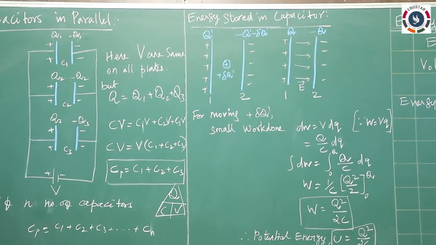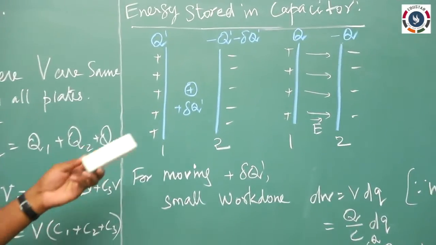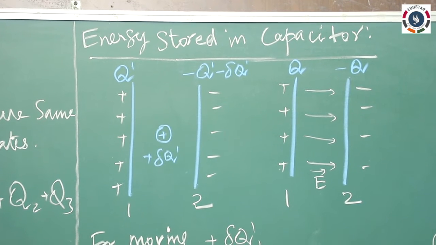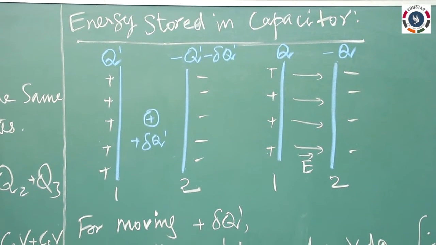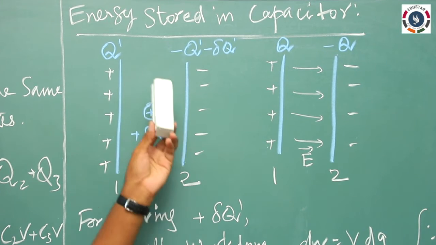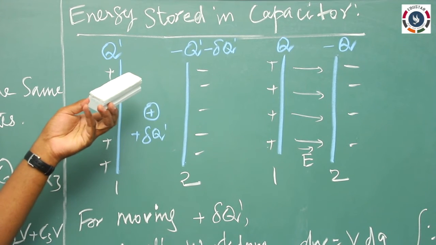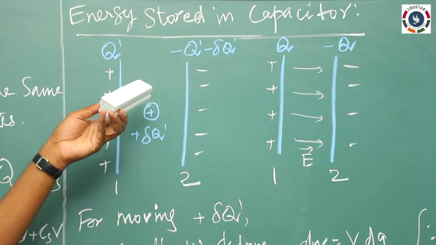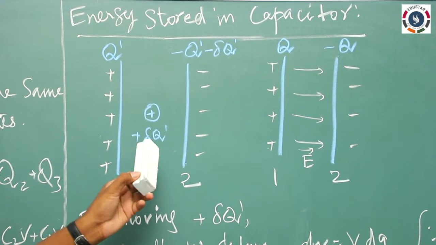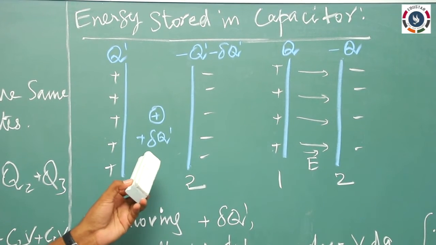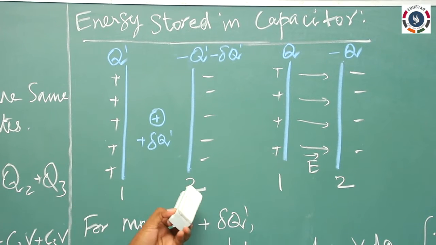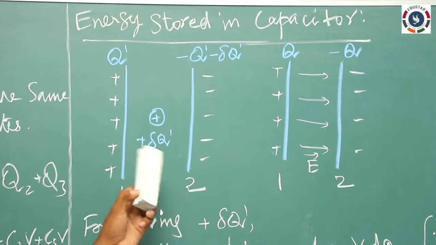So, the next part is energy stored in the capacitors, that is, the energy in between the 2 plates of the capacitor. What do we mean by energy here? We already know that energy is simply the work done. If you do work, that work is stored as energy, potential energy. Here electrostatic potential energy is stored in between the 2 plates. For that we have to do some work, and only then can we obtain the energy.